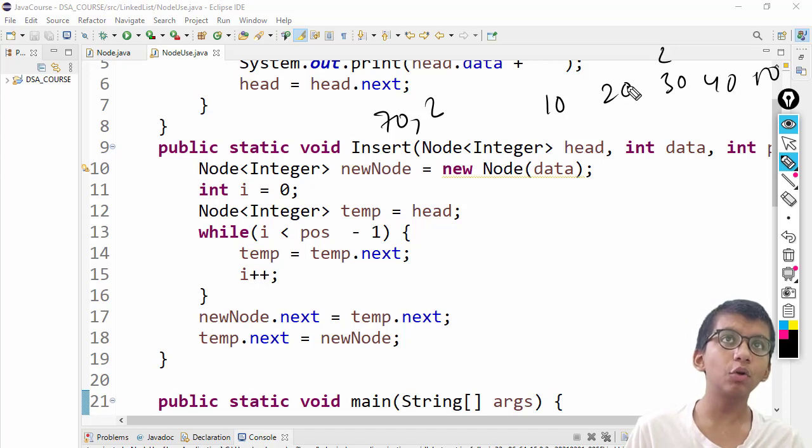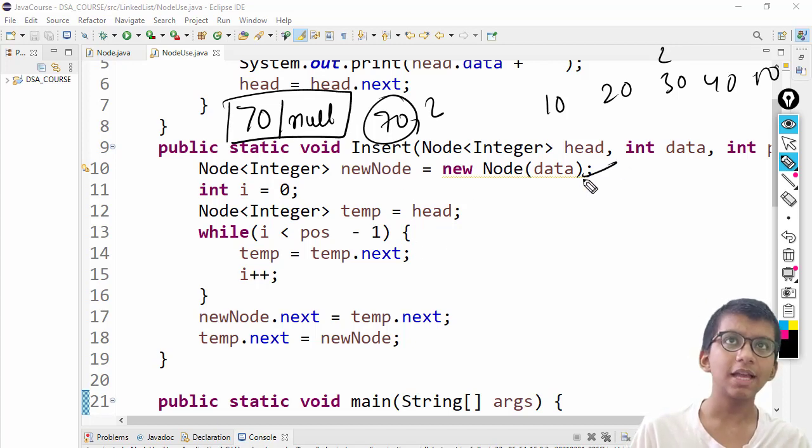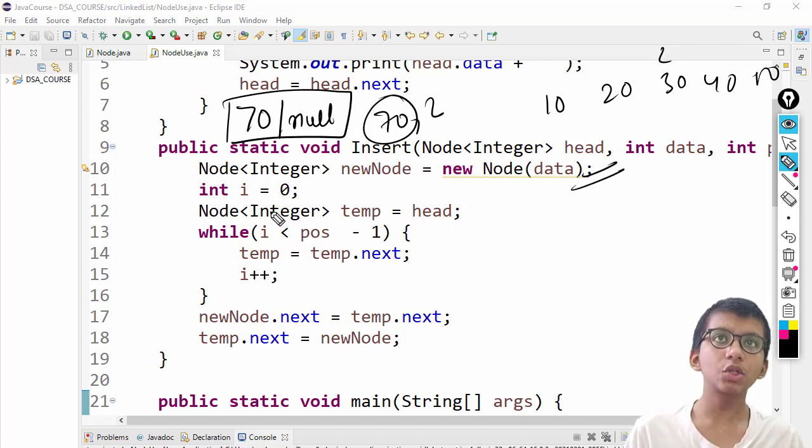So what will happen? It will make a new node of this 70. Now 70 contains null. Now this is a null. This is the node of 70. And then what will happen? A temp will store this head,